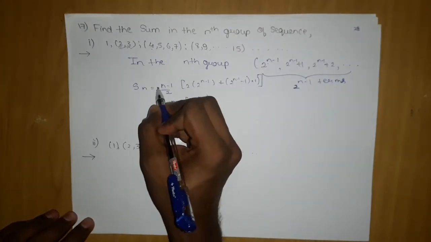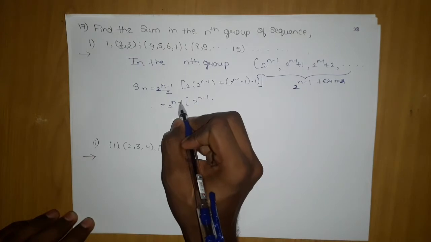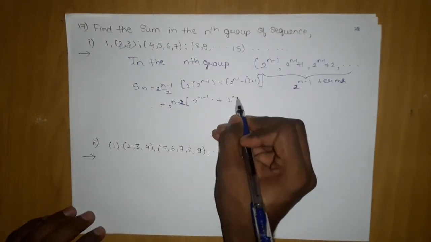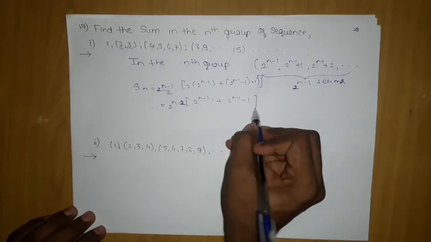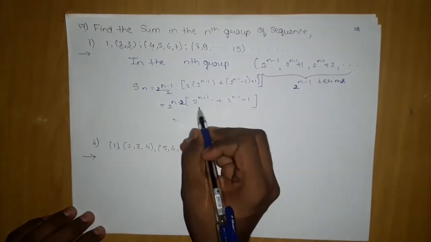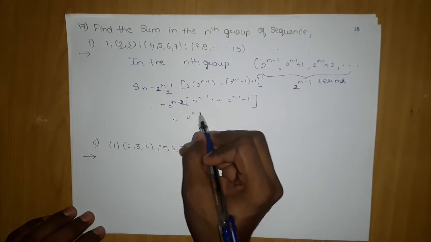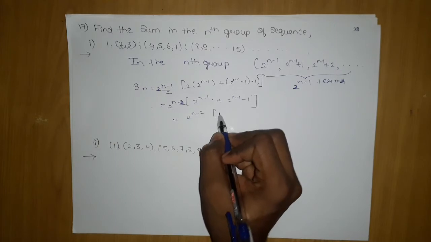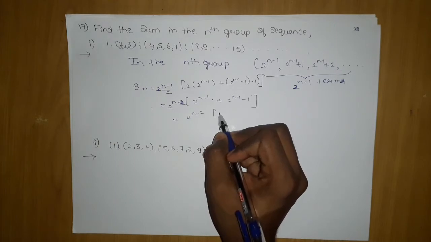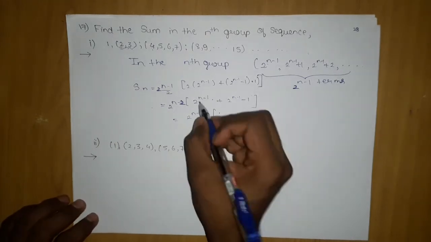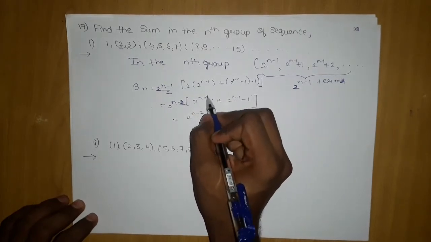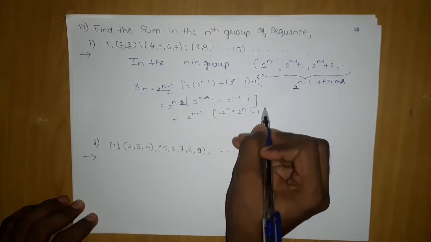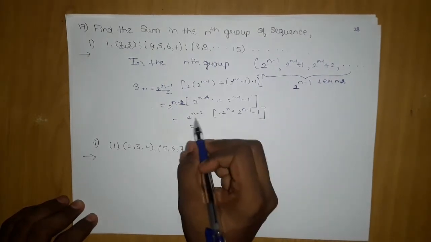It is 2 power n minus 1, this is 2 power n minus 2. Okay, and here we have 2 power n minus 1 minus 1. If we move on, this will become twice 2 power n minus 2, this will multiply. The moment 2 multiplies, it will be 2 power n, so 2 power n plus 2 power n minus 1 minus 1. Now we have to multiply this throughout.